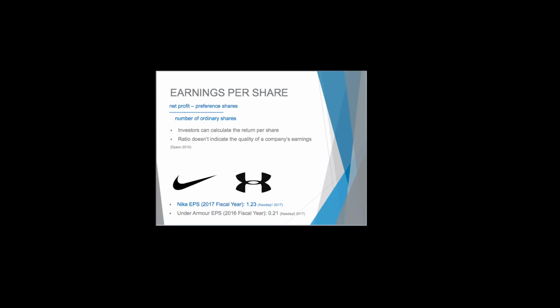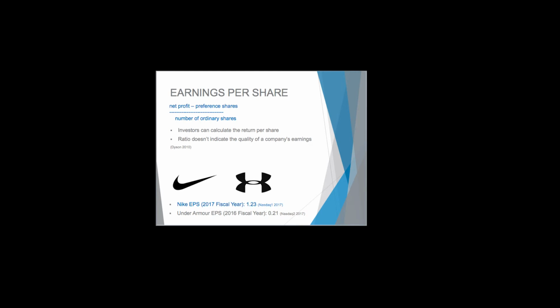Although, it is important to remember that this ratio doesn't provide any insights into the quality of a company's earnings. For example, the Nasdaq states Nike EPS of 1.23 for the fiscal year of 2017, whereas Under Armour is 0.21. However, both companies may generate their earnings using different amounts of capital, so EPS doesn't reflect the efficiency of either